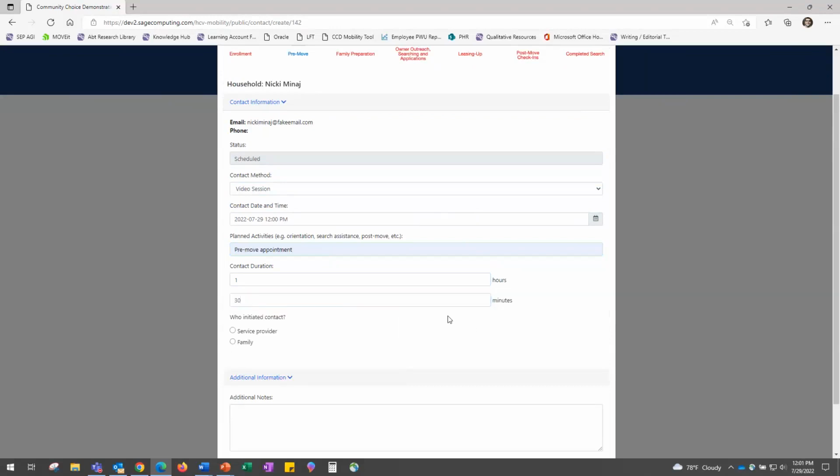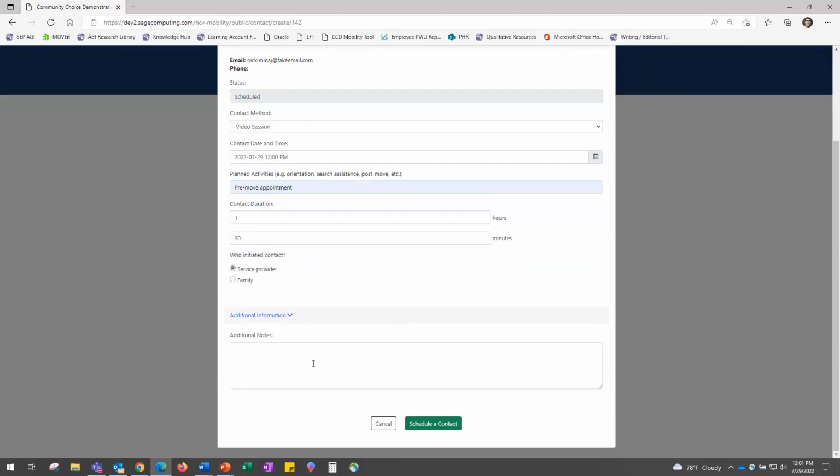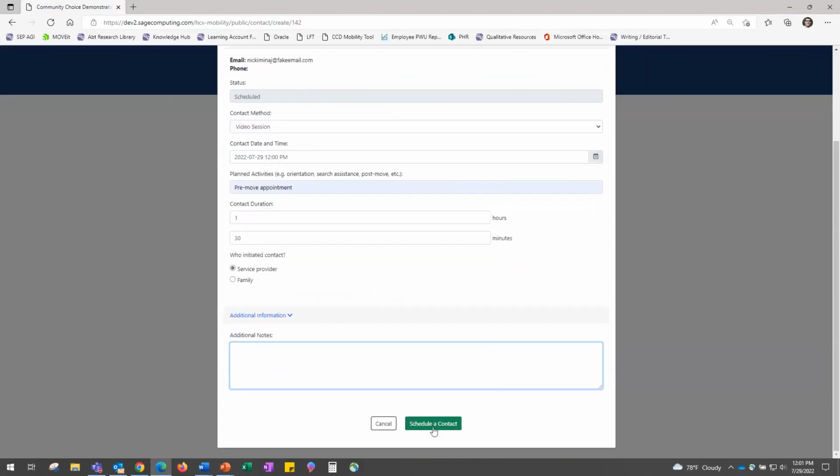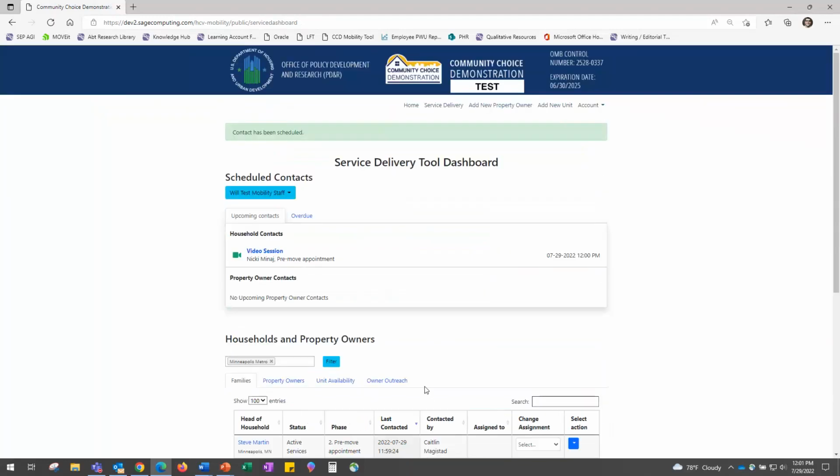You can update the contact duration right before ending it. The reason we want to know duration is just for evaluation, kind of the extent, the dosage of services provided to families. Who initiated the contact, and any additional notes to remind you of things you want to do during that contact. So once that's all there, click schedule contact, and we can see,